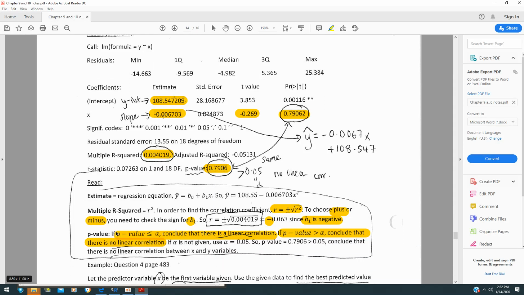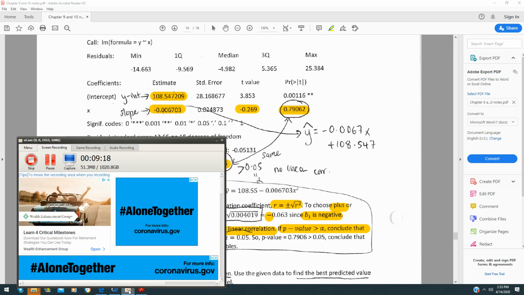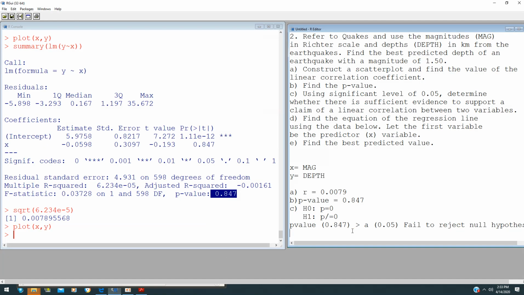If your decision says your p-value is less than alpha, there is a linear correlation. But if your p-value is greater than alpha, you conclude there is no linear correlation. So by looking at this, since the p-value is greater than alpha, your conclusion in this case is there